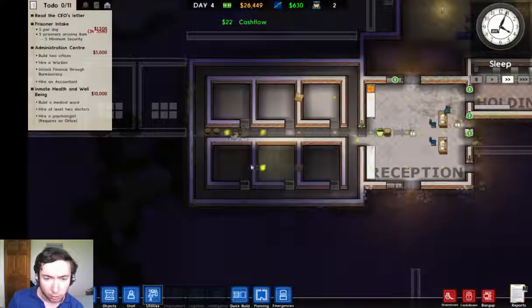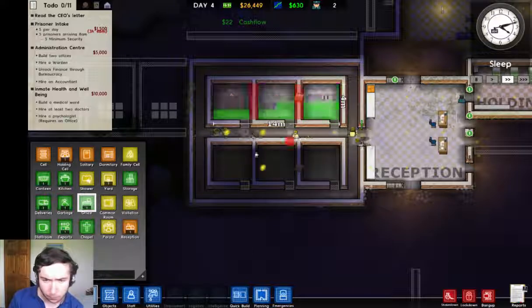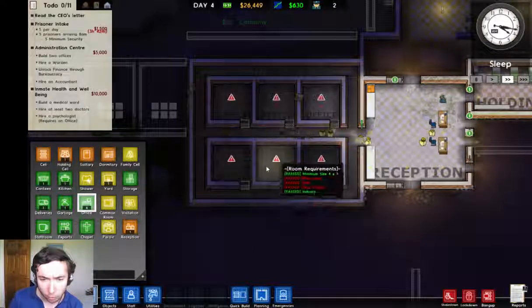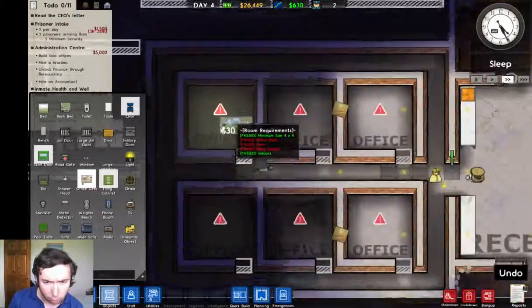So, right, so rooms, offices. We'll assign all of these to be offices. Obviously we need objects, so...